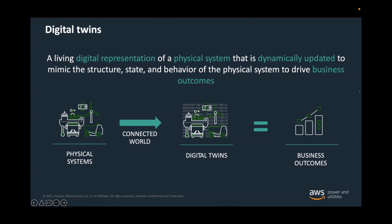So what are digital twins? It's a live digital representation of a physical system or asset that is dynamically updated to mimic the structure, state, and behavior of your physical system to drive business. What we're trying to do with digital twins is really look at